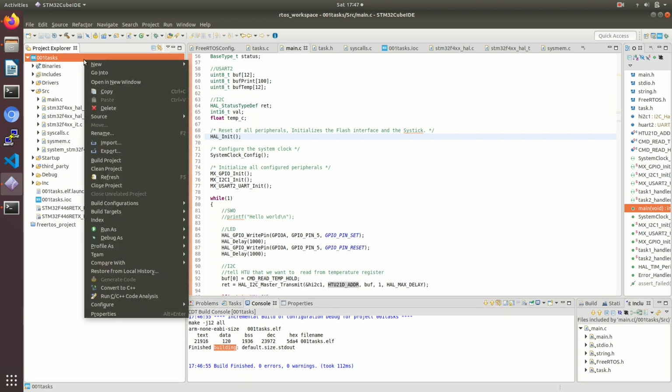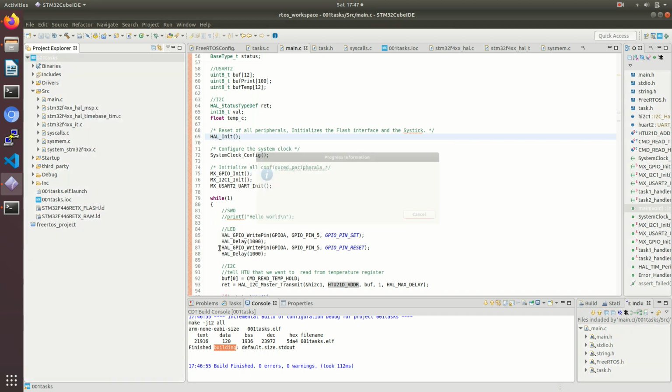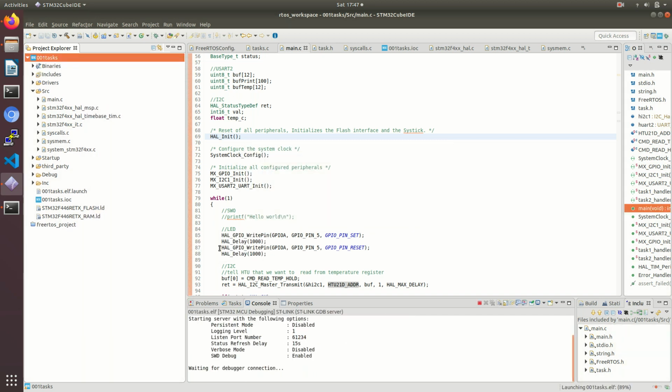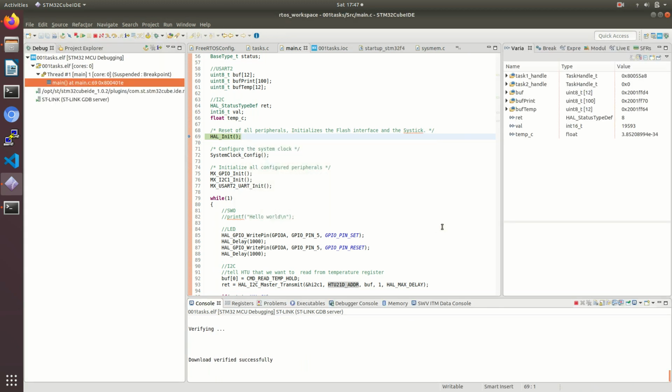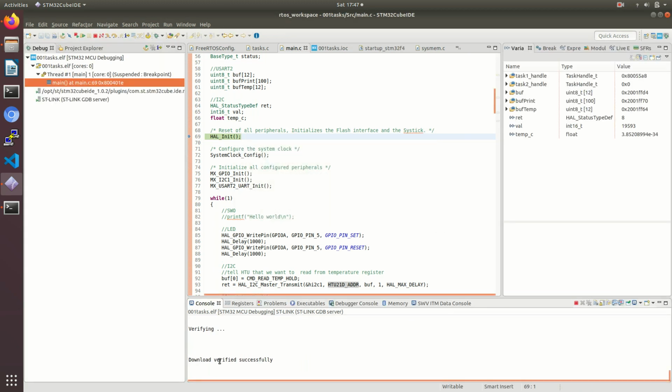Now I need to flash this program to the target board. Here you can see download verified successfully. So the program is loaded through ST-Link.